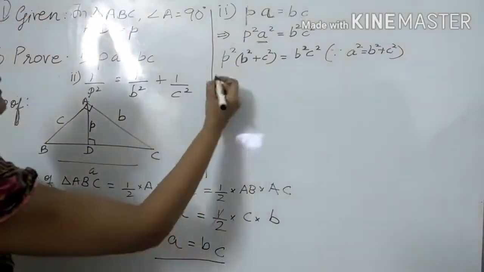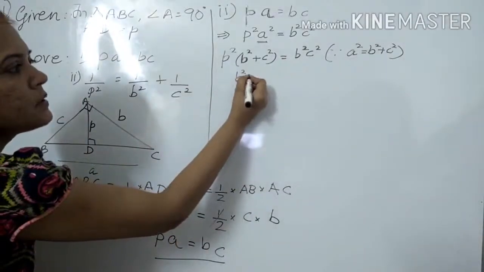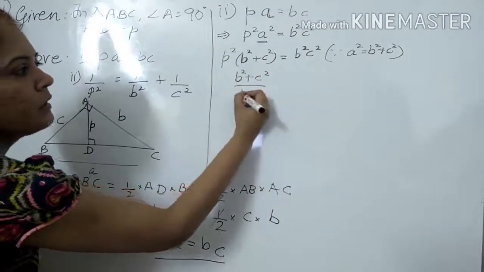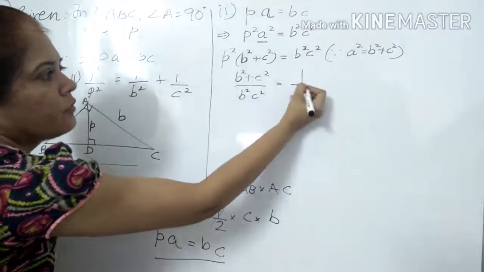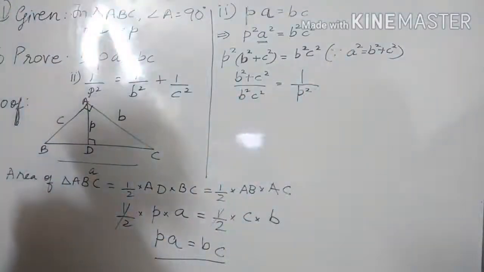Now, we will take this in cross way. So with that we get in the denominator B square plus C square as it is. This B square C square is in the denominator in a cross, and here nothing is left, so 1 is left. This P square is in the denominator as cross. This way, in a cross way, I am taking our result.